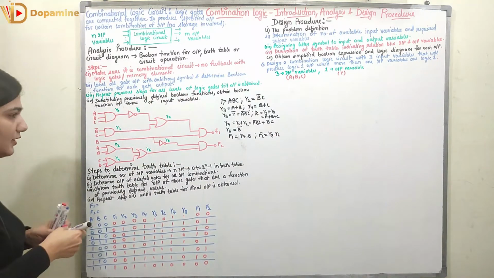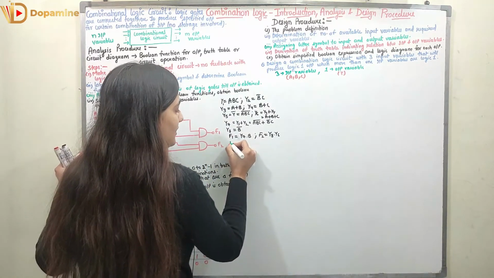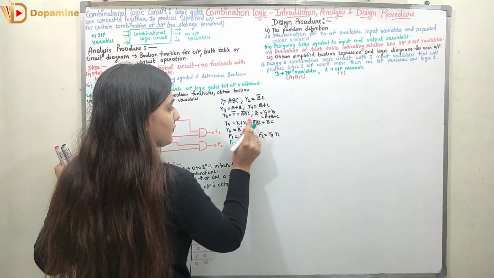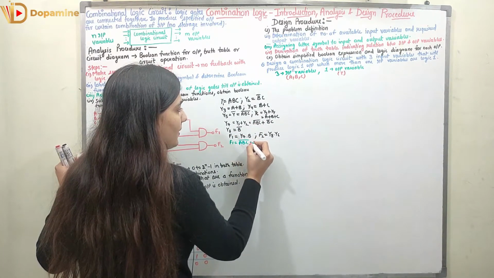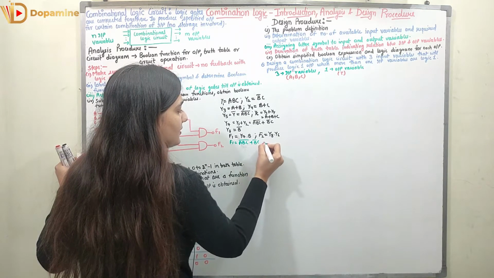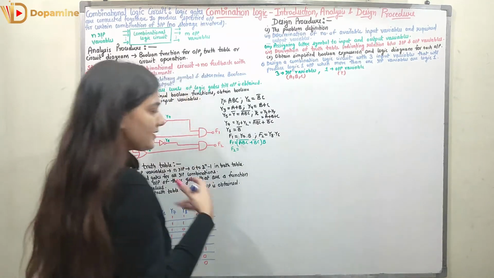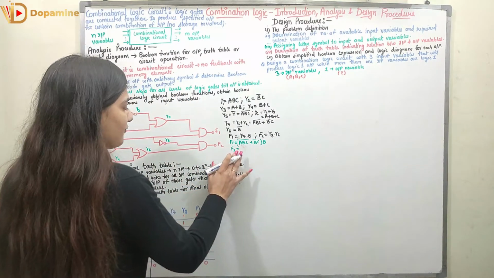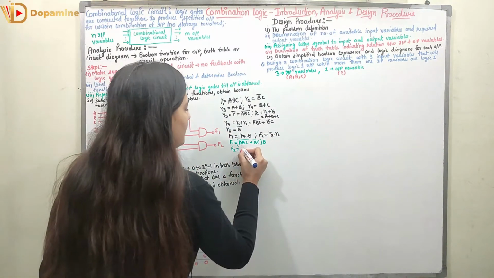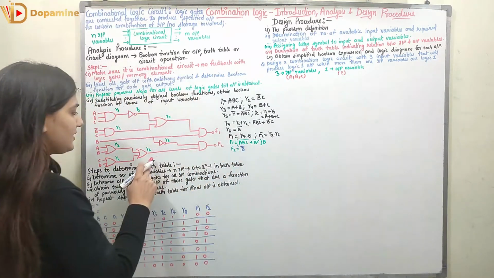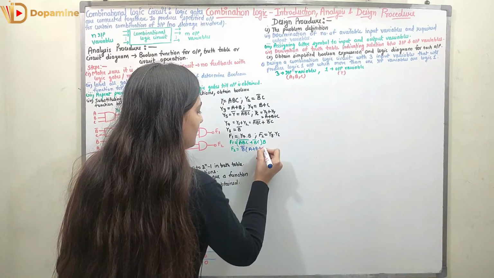Right. So now we will denote the F1. I know what is Y7, I am going to put it over here. So F1 is equal to Y7. What is Y7? It is (A, B, C) whole bar plus B bar C. Right, it is multiplied with B. So now we can simplify F1. And F2 can be represented as Y8 into Y6. Y8 was B bar. Right, what is Y6? Y6 is also specified over here, A plus B plus C.